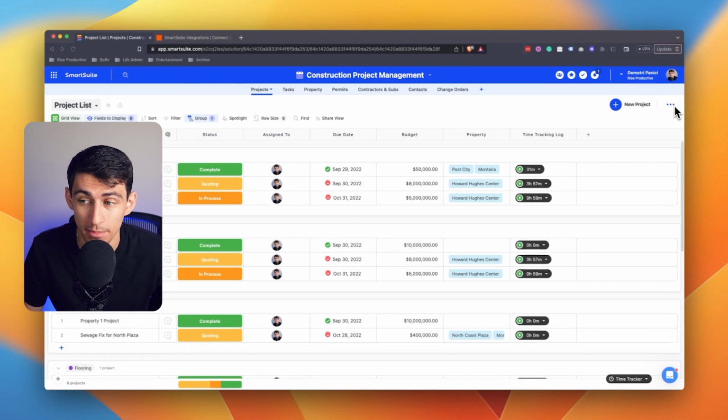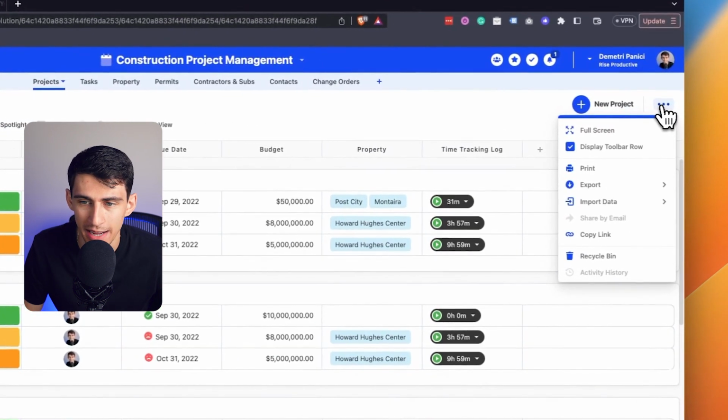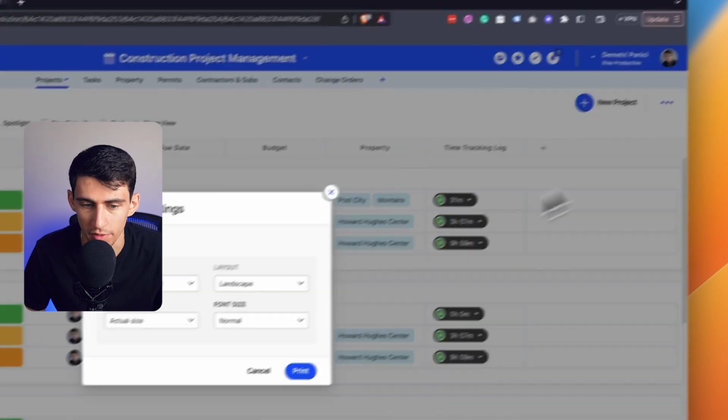When working inside of SmartSuite, it is extremely easy to export and print out the different information that you have inside of your solutions and apps. Print and export is just a simple click away. By pressing the three dots at the top of your app, you can select to print your view into a